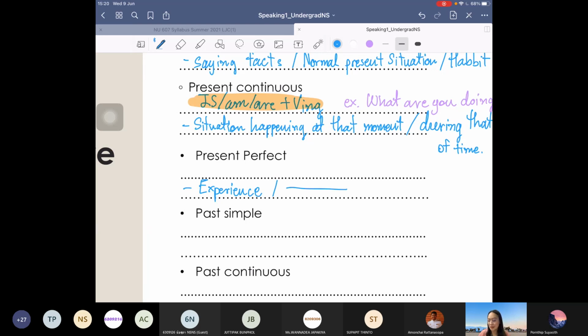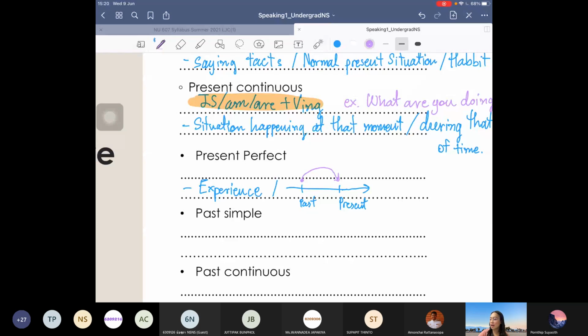For example, this is the timeline, this is the past event and this is the present event, right? The activity actually occurred in the past, but it still happens until the present. ก็คือเหตุการณ์เกิดขึ้นมาตั้งแต่อดีตมาถึงปัจจุบันทุกวันนี้ก็ยังทำอยู่เนาะ เราก็สามารถใช้ present perfect ได้นะคะ